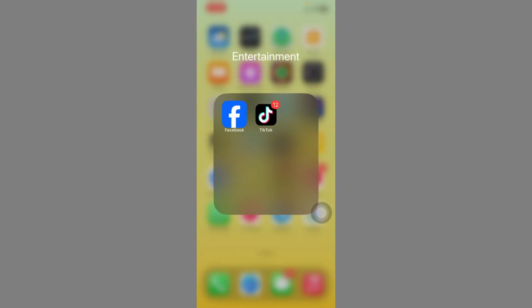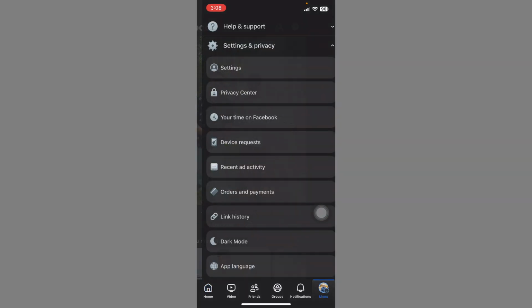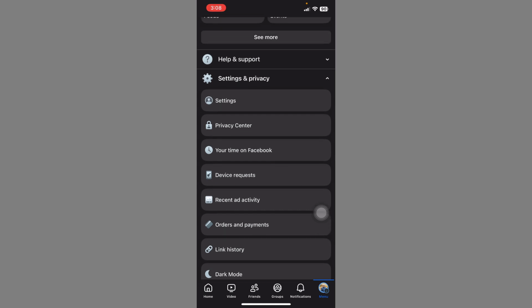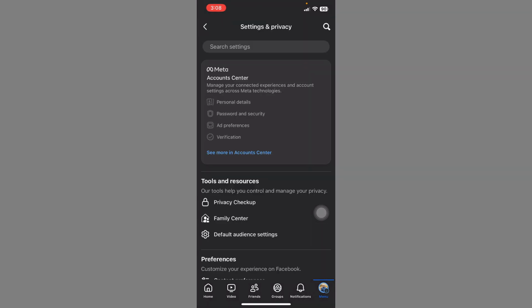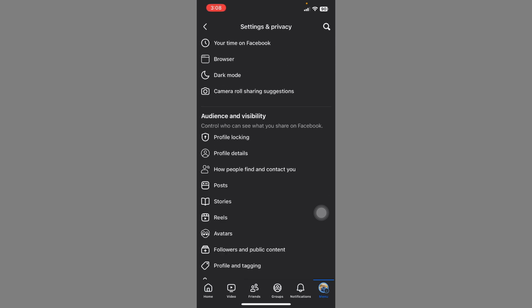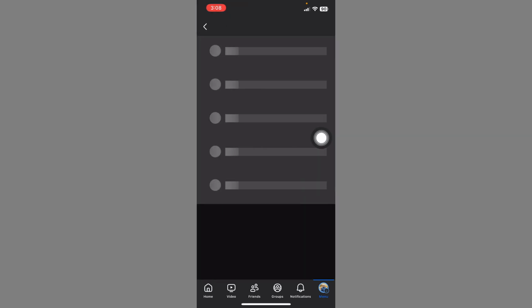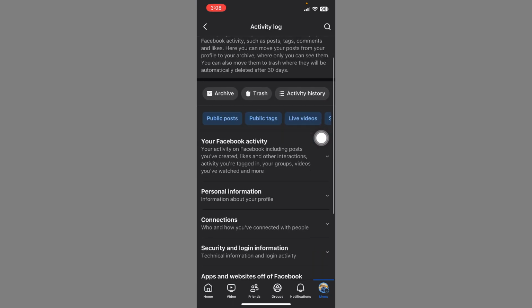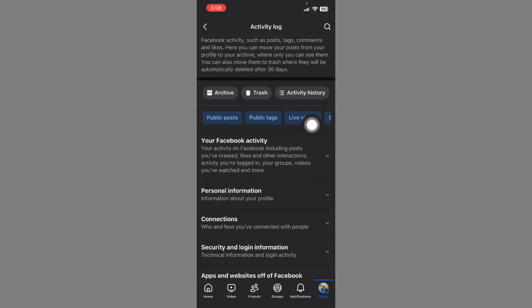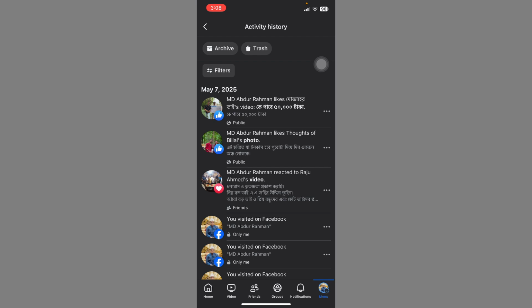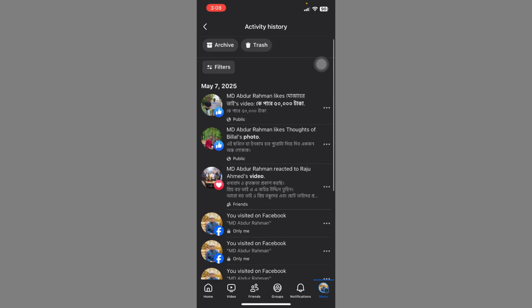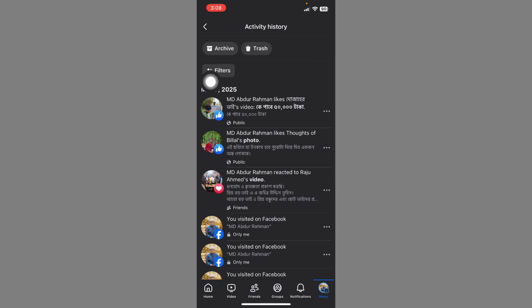Okay, to like, then tap on menus, click on settings, scroll down, tap on activity log. Okay, click on activity history, tap on filters,